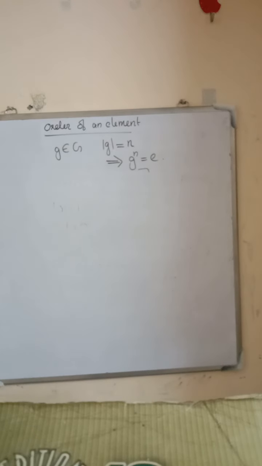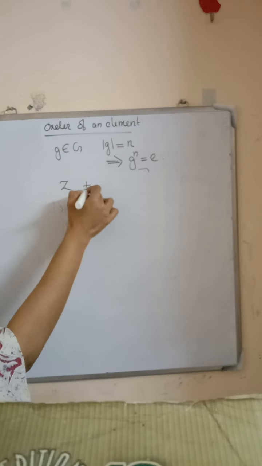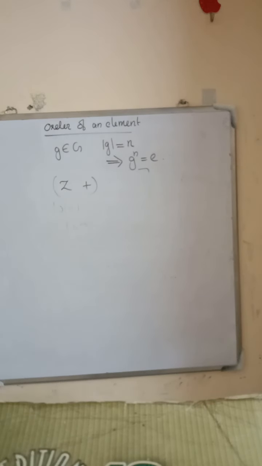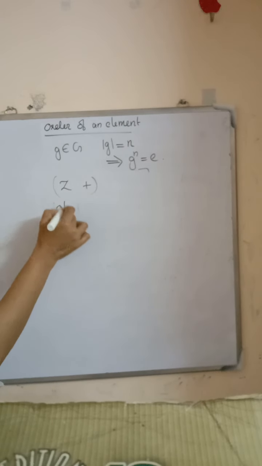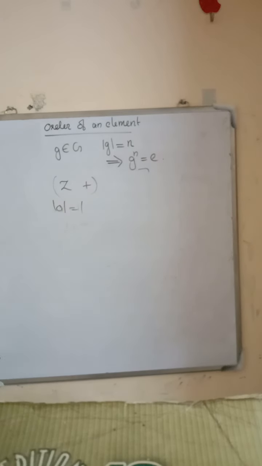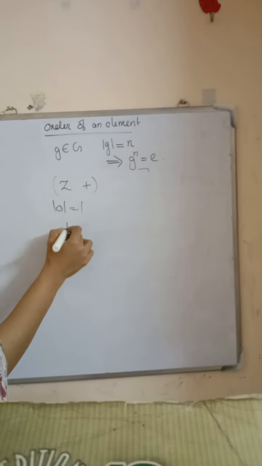Then what about the order of each element in Z plus? Z plus is a group under the operation addition, and Z has infinitely many points, therefore it is an infinite group. It is an infinite abelian group. Then what about the order of its elements? Order of 0 is 1 because 0 is the identity element. All other elements have infinite order because if we add 1